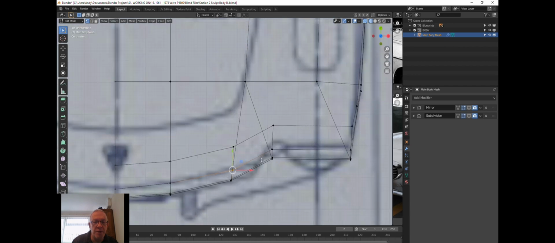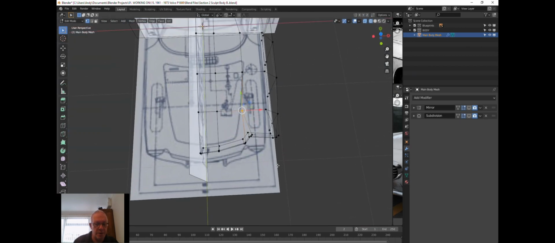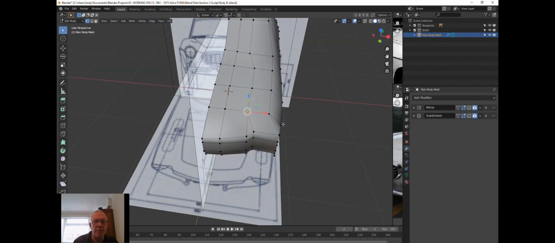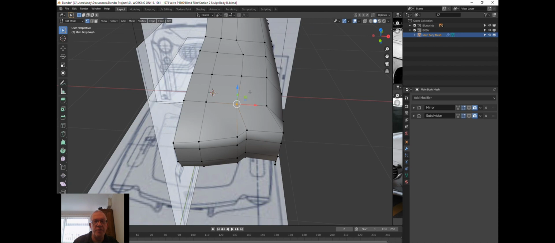Okay, so that's good. I think that needs to be pulled back even further, so let's do that. B, range select, pull it back and pull this over to the right and back up here. So we've got that line. Okay, so if we go into solid view, let's see what we've got. We've got this. Now I want to use this line here